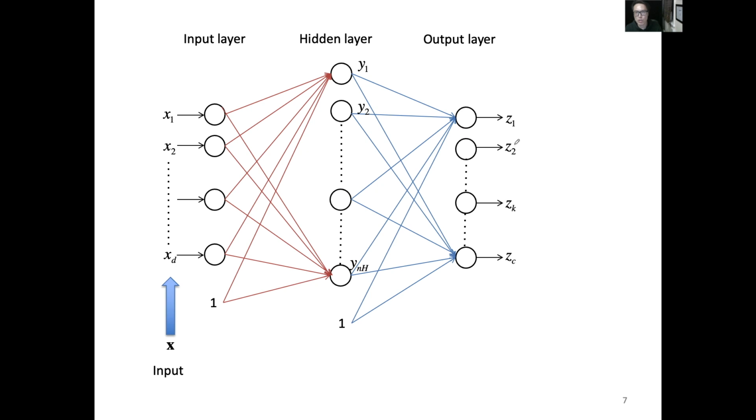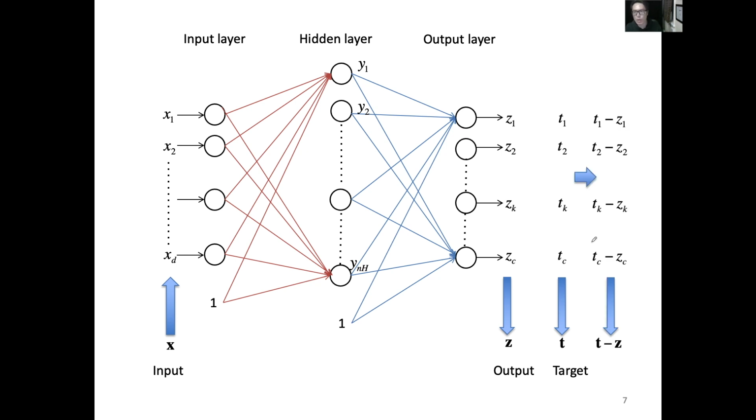information will propagate to the output layer, Z1 to ZC. That means when we have a vector X, we will collect the output vector Z at the output, and corresponding to each sample X, we will have the target value, T1 up to TC. According to what we have done before, we are going to find the difference between the target value T and Z, and finally we are able to collect the training error, that is the sum of the squared error, or we would represent it like this, the L2 norm of the vector T minus Z,